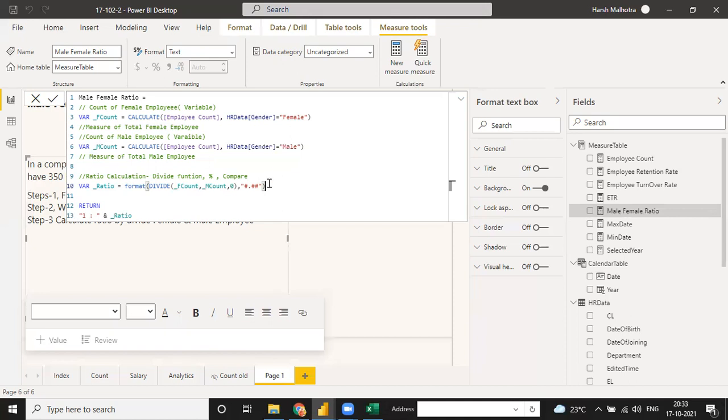But I told you this example, I already wrote it here, whether you use your total male or whether you use your total female. And instead of this, suppose you have already created a measure, then you don't need to do this variable. If you don't have a measure, that is the reason that I told you this.